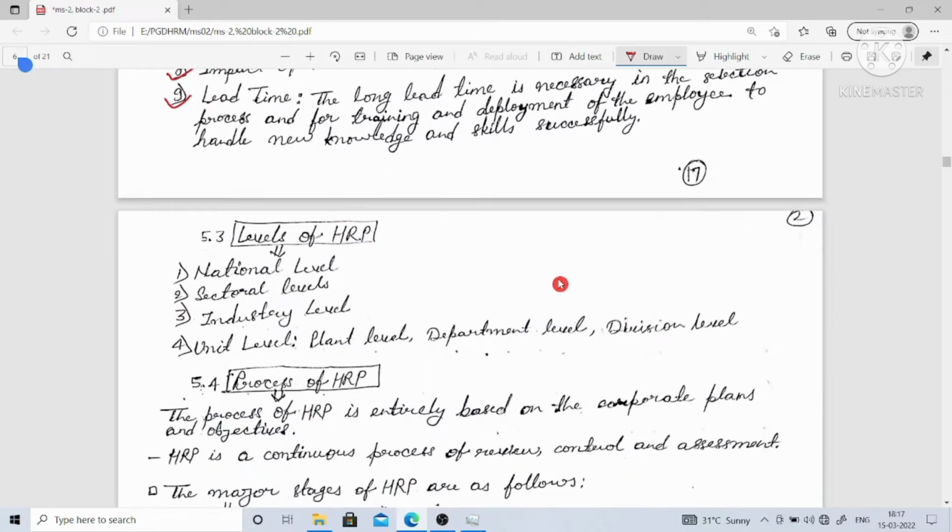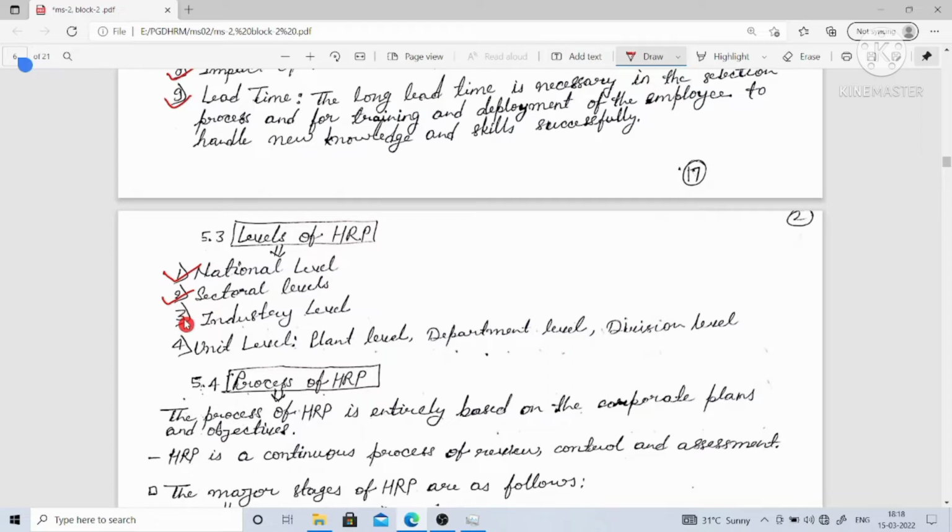Levels of human resource planning. Given first, the national level, meaning at the national level, organizations, particularly the central and the state governments, should plan in a proper way so that the industry requirements can be fulfilled. Second, given the sectoral level,